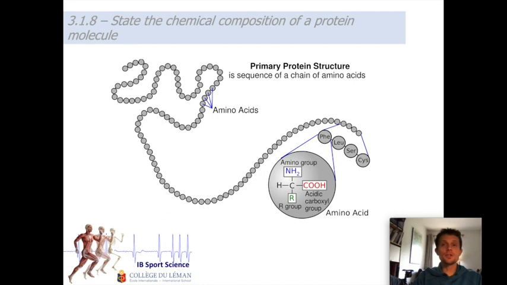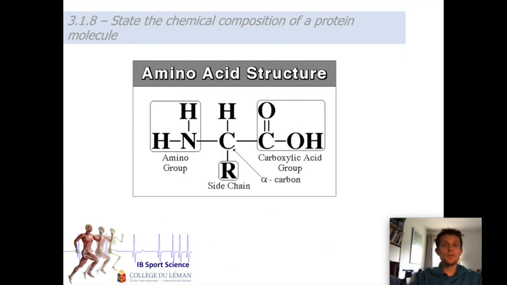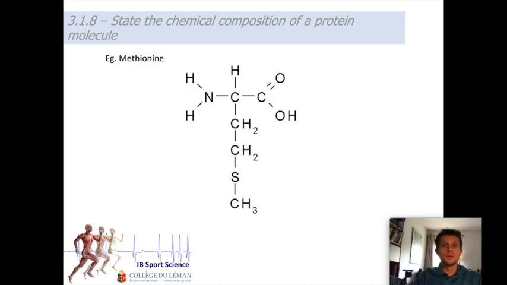We can see if we look at the structure of an amino acid that they all have the same starting structure. The difference between the amino acids will be determined by the presence of the R group. If we look in a bit more detail then, we can see that the main structure is composed out of carbon, oxygen, hydrogen and nitrogen. The R group, or the side chain, this is what's different from one amino acid to the other. For an example, here is methionine, which is one of the amino acids. We can see the standard structure at the top of the amino acid, and we can see the R group